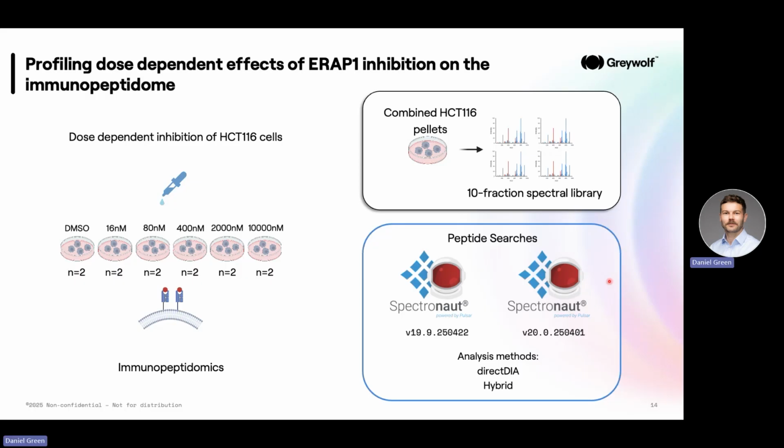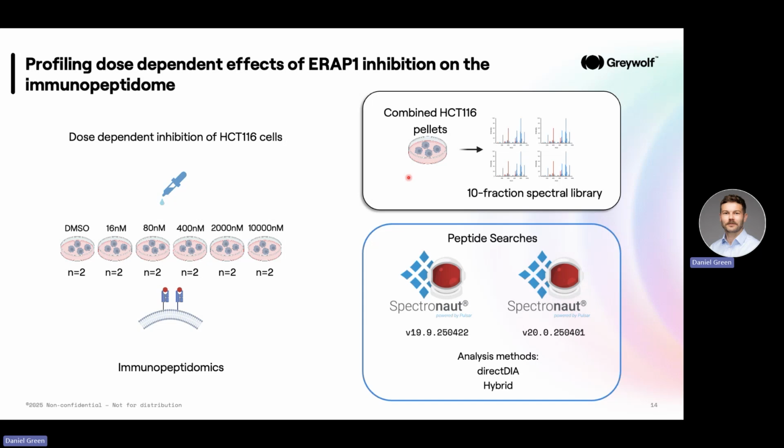To give a brief overview of the experimental design, this is a 6-series dose response experiment where we start from DMSO and increase the concentrations of the drug all the way up to 10 micromolar. There's an N of 2 per condition, and each of these samples is acquired in DIA-based immunopeptidomics. Additionally, we take a combined pellet of all of these samples and generate a supplemental 10-fraction DDA